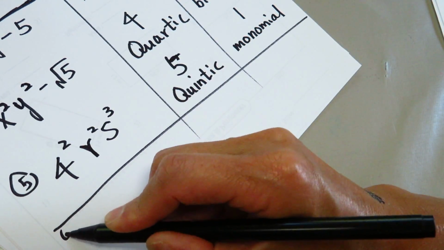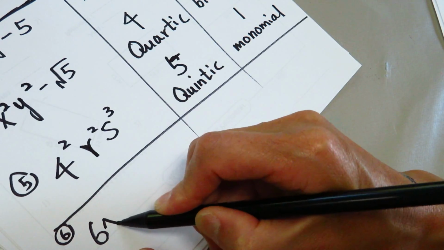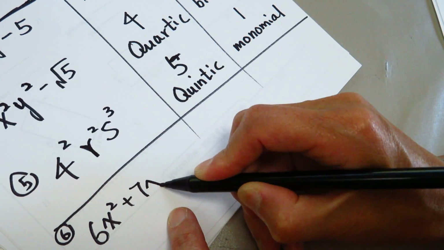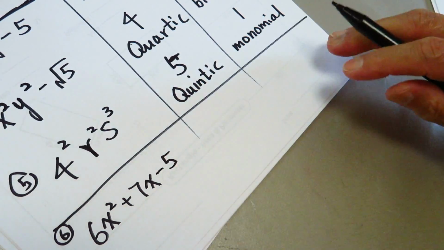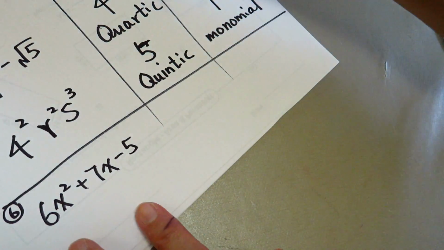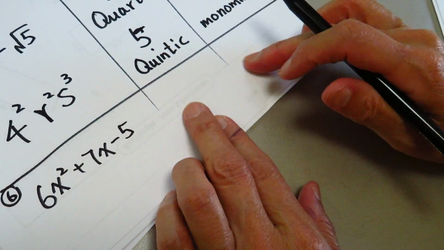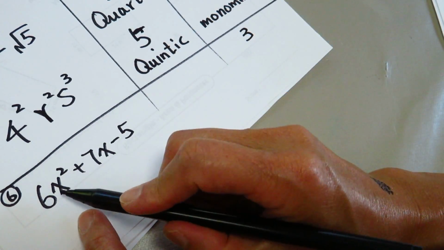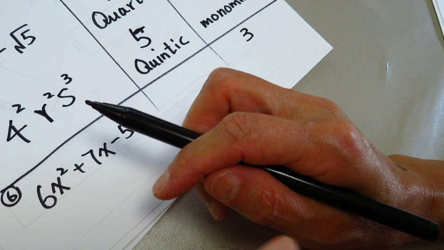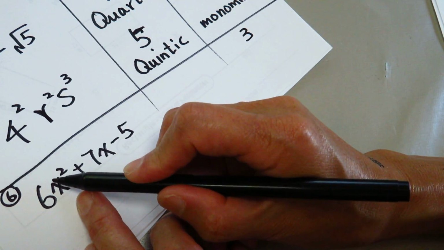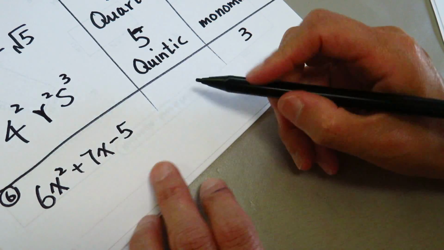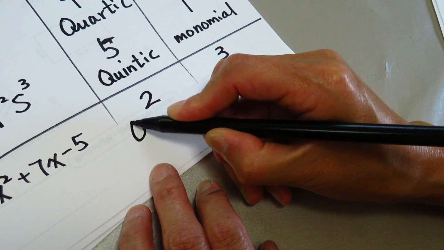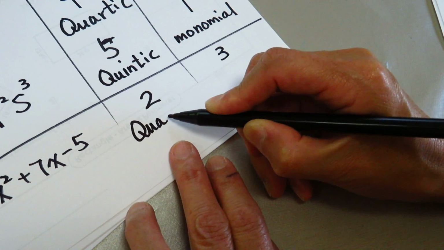it's 6 to the power x squared plus 7x minus 5. Let's see the degree. Here we have 1, 2, 3 terms, right? We already know the 3 terms. And how many degrees? We count on the leading variable. The leading variable is to the degree of 2. So it's degree 2, and what do we call degree 2? It's quadratic